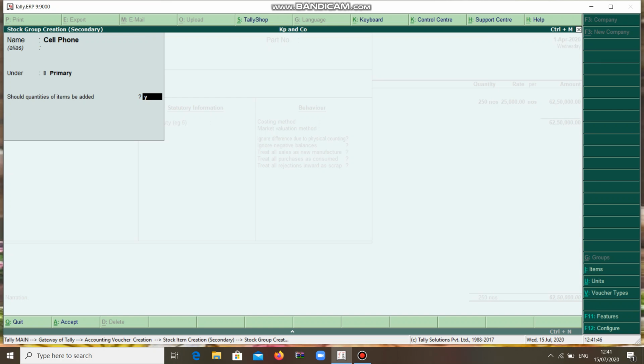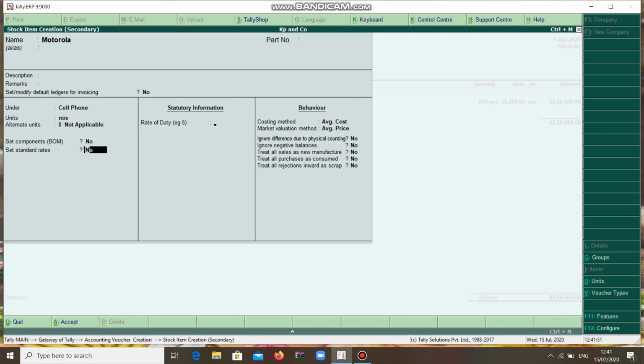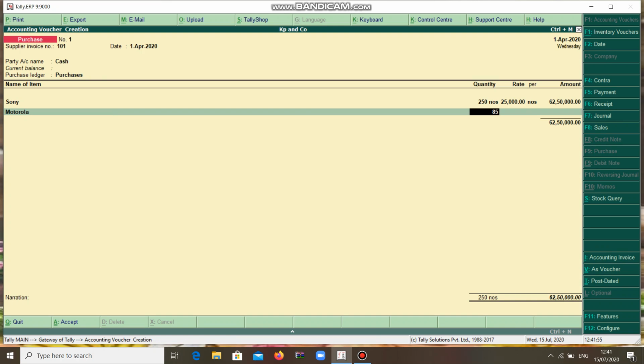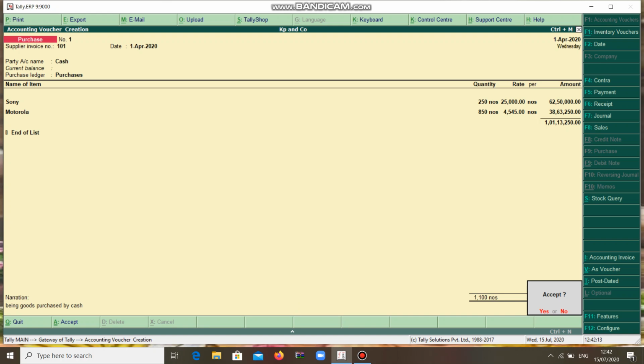Should quantity of items be added? Yes, it is to be measured in numbers. So quantity, rate, value. Narration you can give as: being goods purchased by cash, which means I am purchasing the goods through cash.